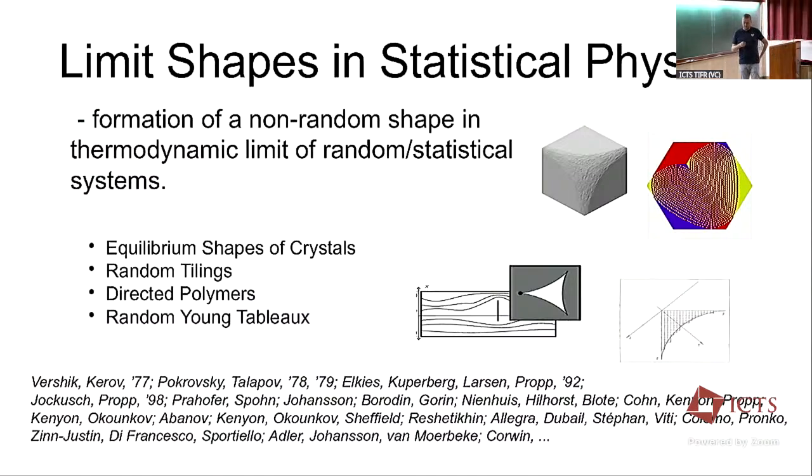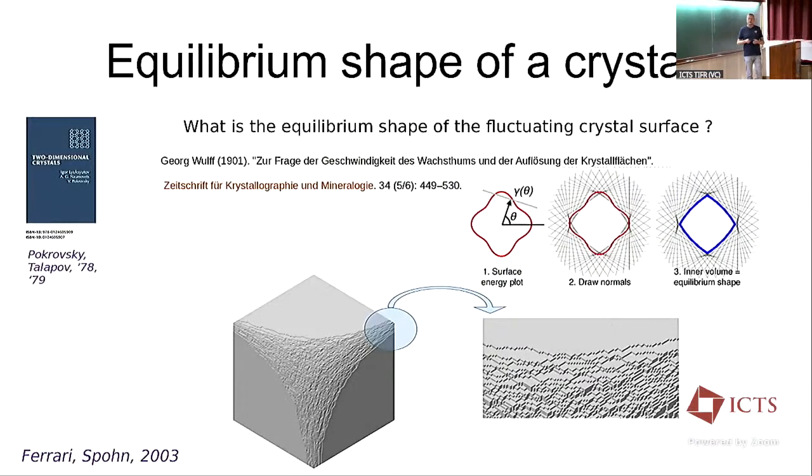And there is a very vast literature, which I will not be able to overview, starting with some mathematical developments by Vershik and Kerov, and physicists on the macroscopic shapes of crystals, and so on and so forth. Some of these people are in this audience. Let me come to maybe the first example of a limit shape, which appeared more than 100 years ago.